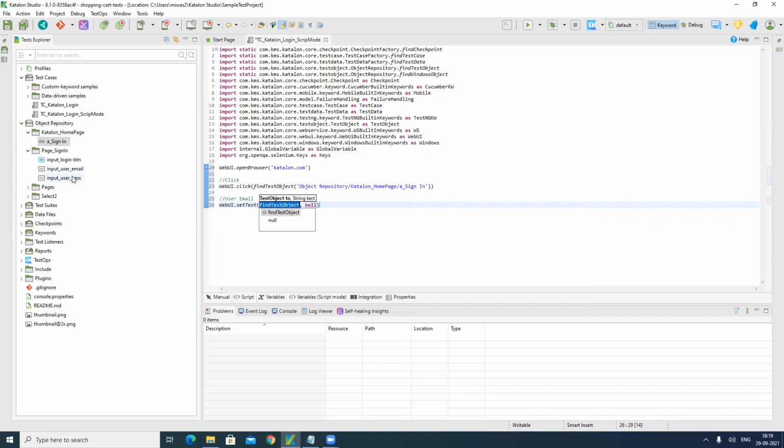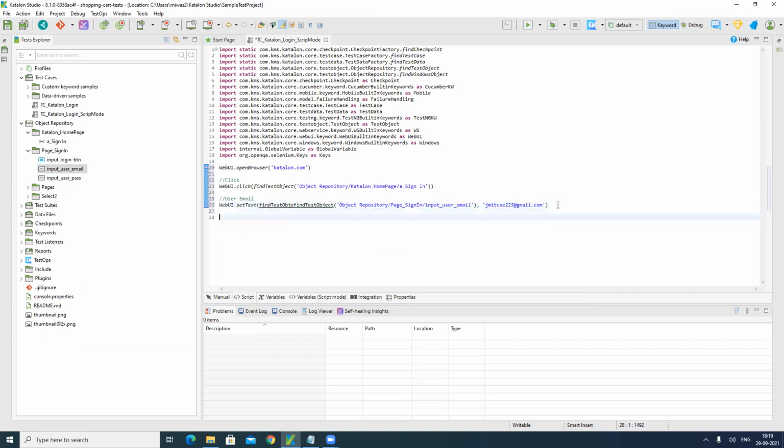Our object is user_email. Just copy here. And what is the value? You have to give the value.